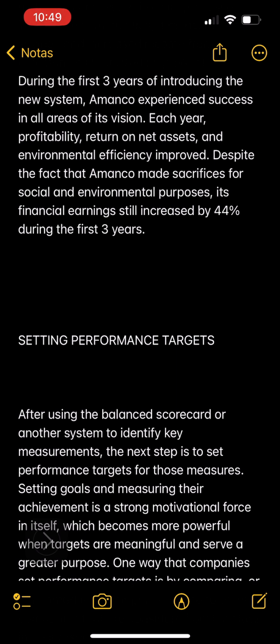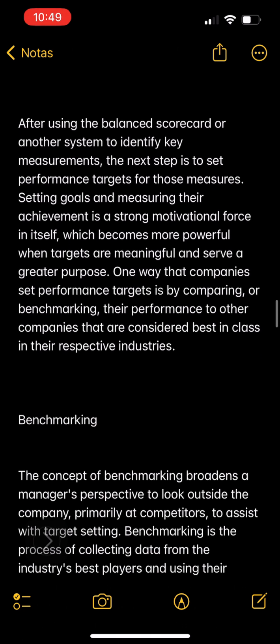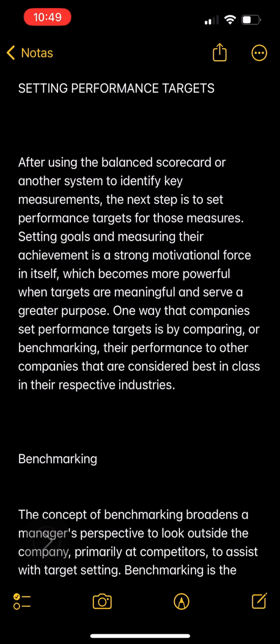One way that companies set performance targets is by comparing or benchmarking their performance to other companies that are considered best in class in their respective industries. Benchmarking. The concept